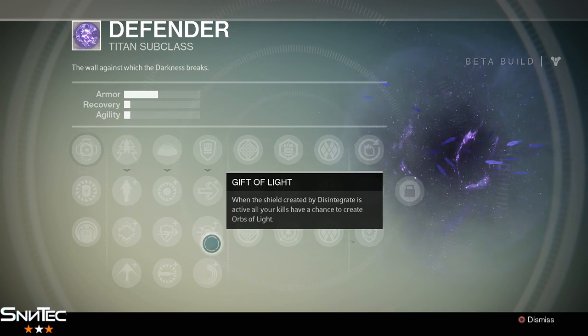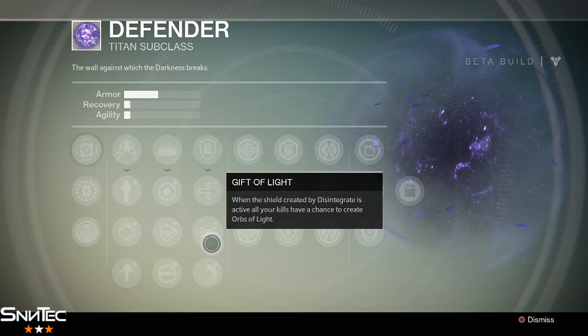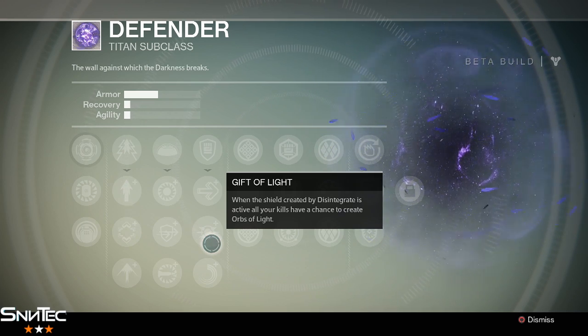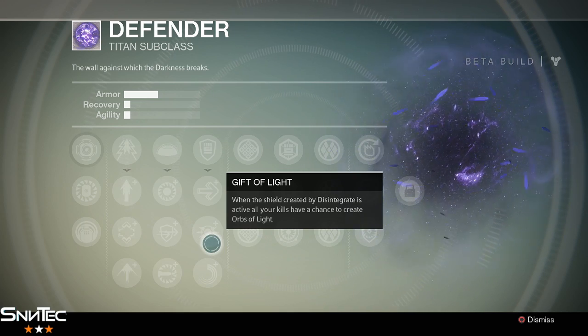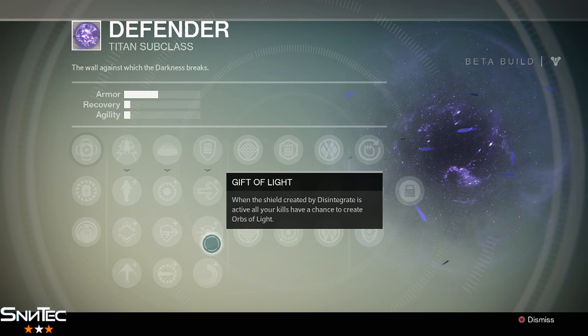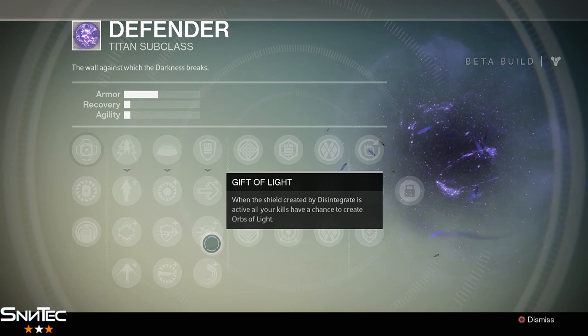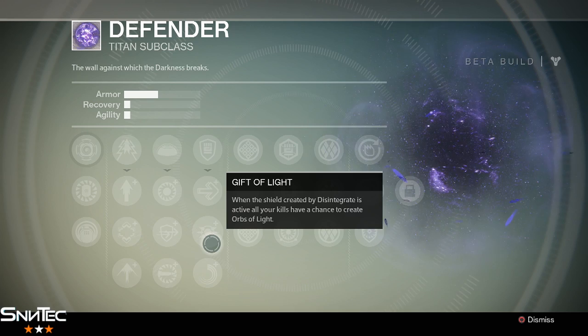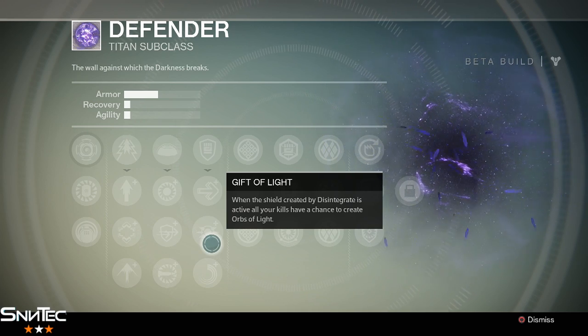When the shield created by Disintegrate is active, all your kills have a chance to create orbs of light. So that's going to be useful for your teammates. Basically, this is encouraging you to go on a melee spree. If you can get armor to quickly recharge the melee cooldown, you're going to constantly regenerate orbs of light, or a chance to regenerate orbs of light, and your allies or your fire team will